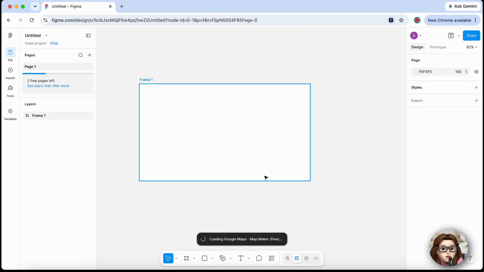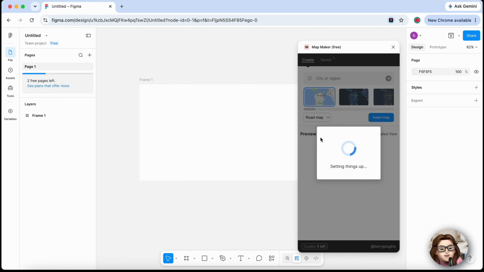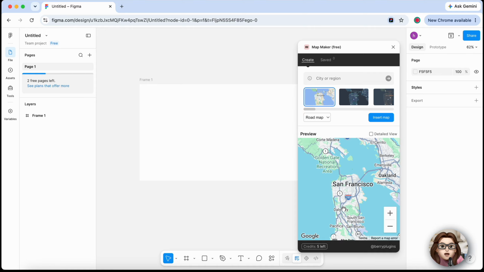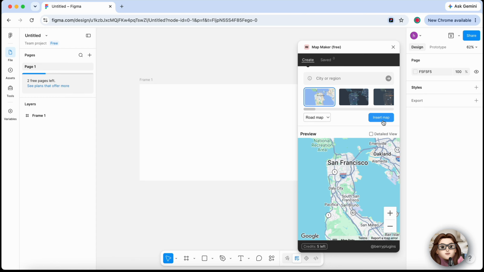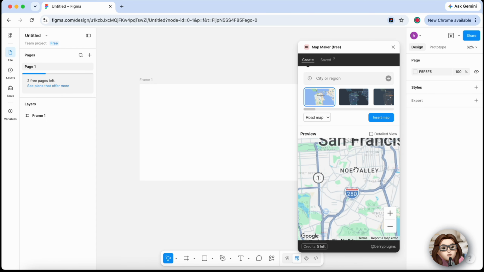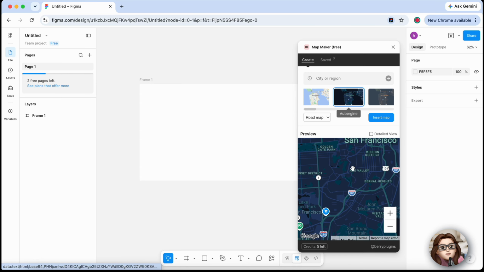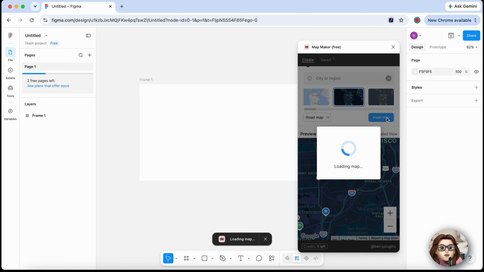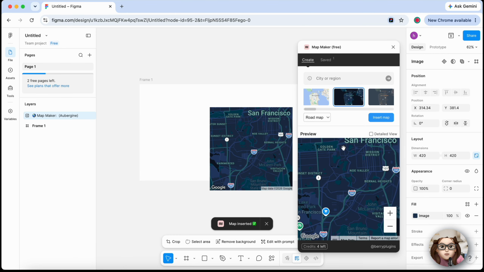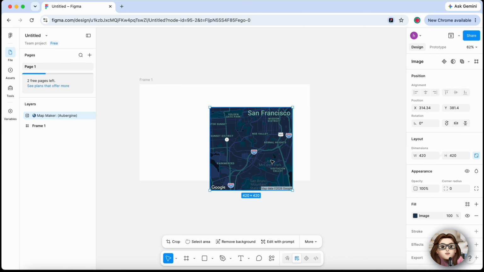Once the plugin opens, enter the address or location you want to display in your design. After searching for the location, adjust the zoom level and map view until it shows exactly what you need. When you're happy with the map preview, click Insert Map. The map will be added directly to your Figma canvas where you can move, resize, and position it like any